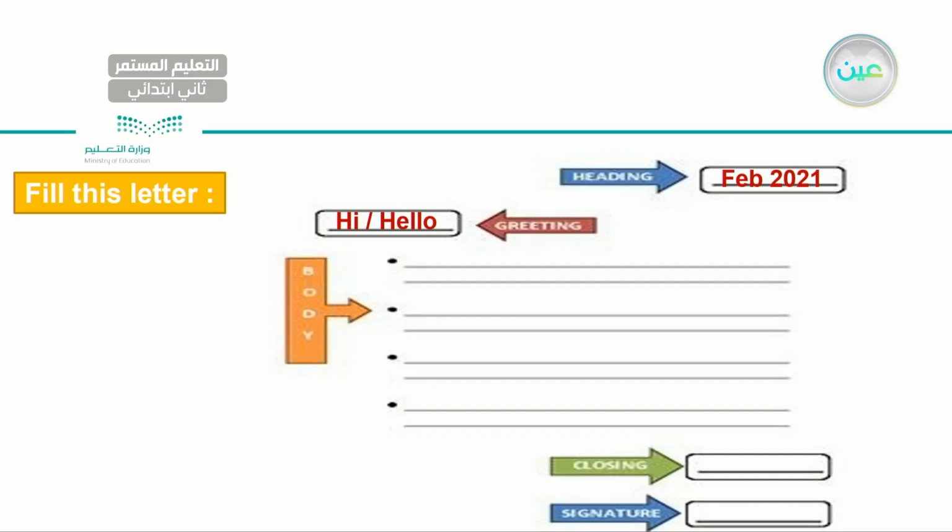And then here I have the body. What do I need from that person? Why am I writing this letter? Okay, then we have the closing. For example, take care. And then our names, Mona, Inas, Ali, Muhammad. Write your names at the end with your signature.